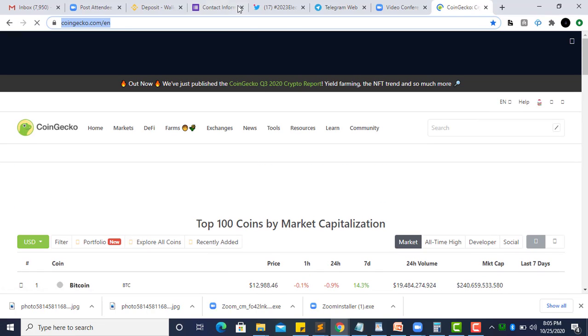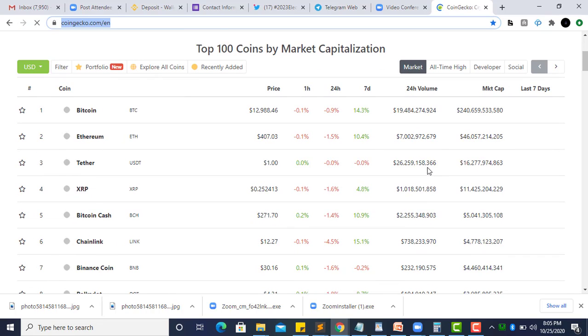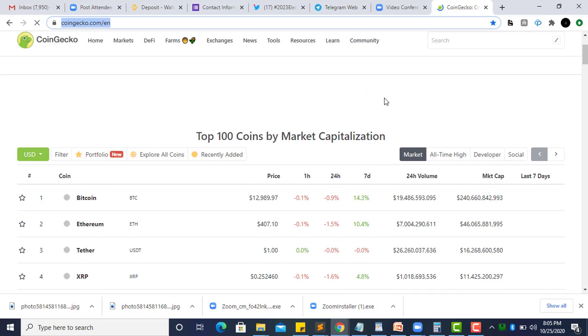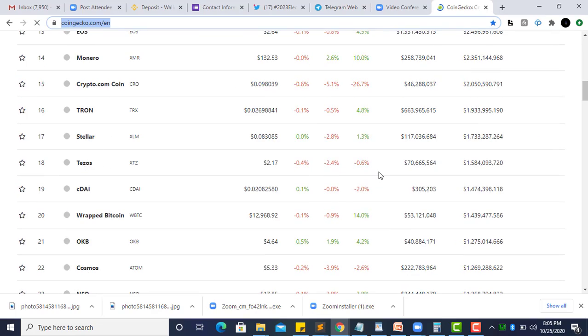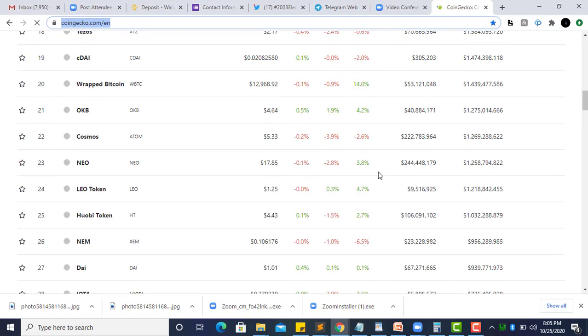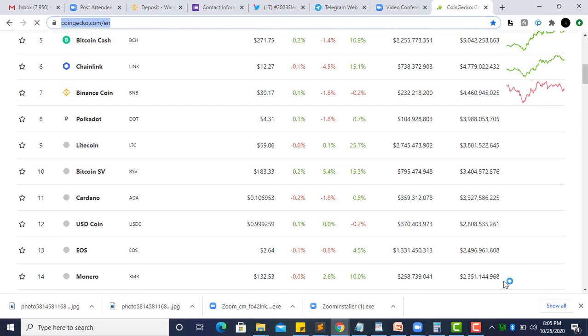So this is the CoinGecko I'm talking about. You see all the approved coins. Any coin you can't find here is not approved, and don't ever buy it, because if you buy it, you'll just be risking your money. Any coin that's not here, don't ever buy it. Only the approved coins that you can see here. So always make sure you do your research here before you go for any coin.